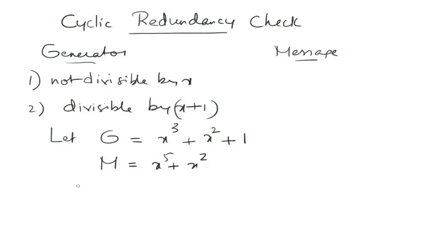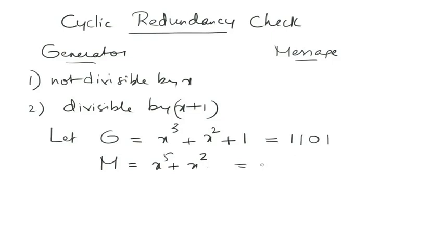Now the first step is we need to write them in the binary form. So this is x, it is starting with x cube, so put a value of 1 in place of x cube. That is the coefficients. We have to collect the coefficients and write them in binary form. Then we have x square, so put 1. We don't have the term x, so put a 0. Then we have x raised to 0, which is equal to this 1, so again put 1.